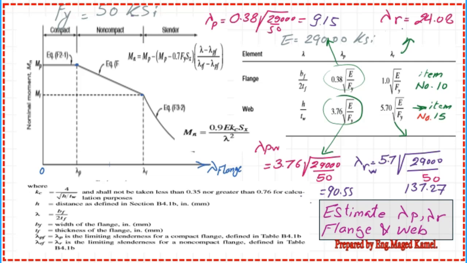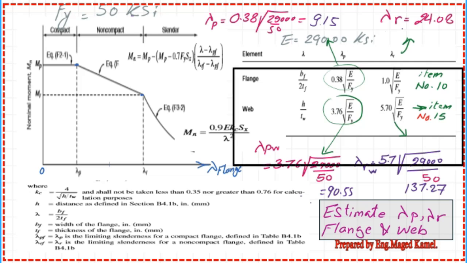The criteria of lambda sub p indicates that it equals 0.38 multiplied by the square root of E over F yield. The lambda r value of the flange equals 1 multiplied by the square root of E over F yield. This is item 10 for section B. For the web, H over T W,